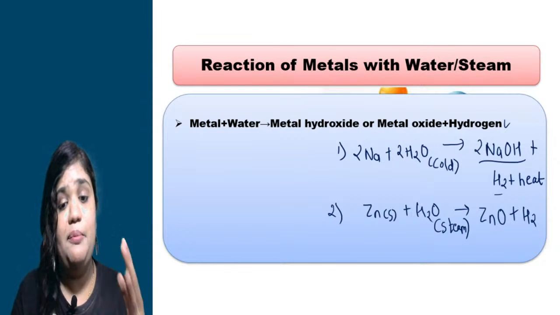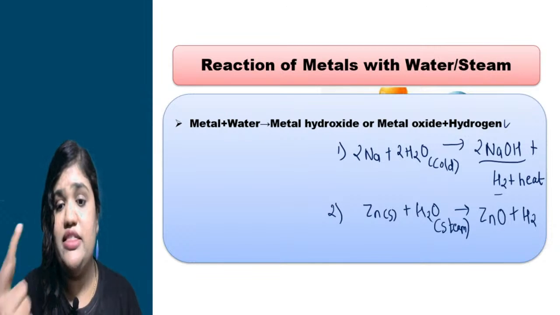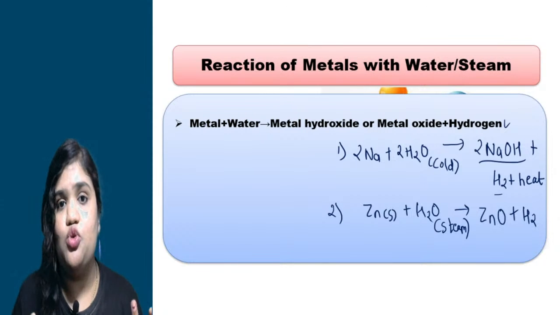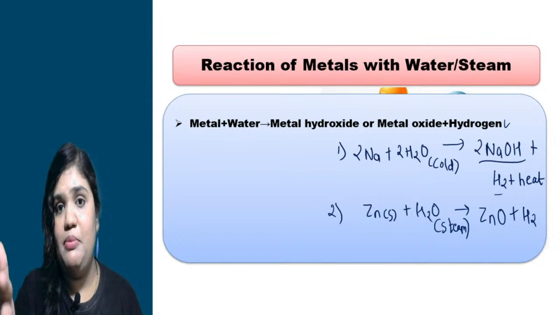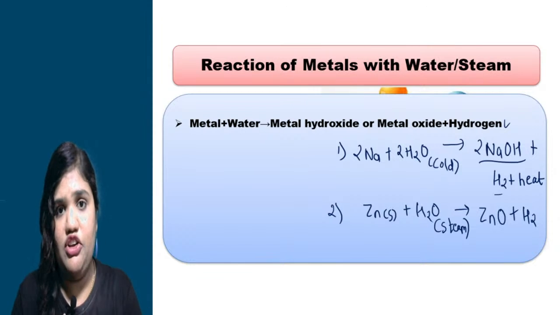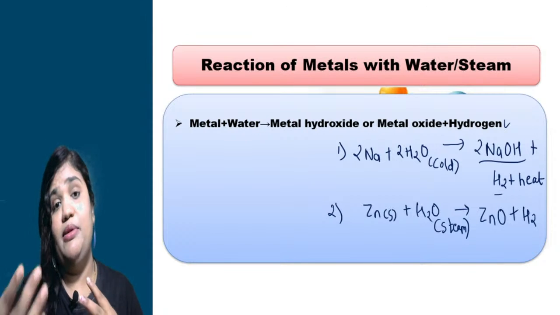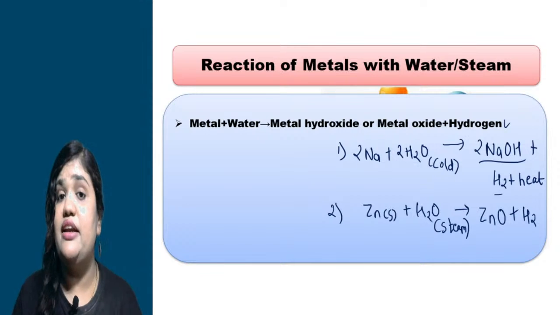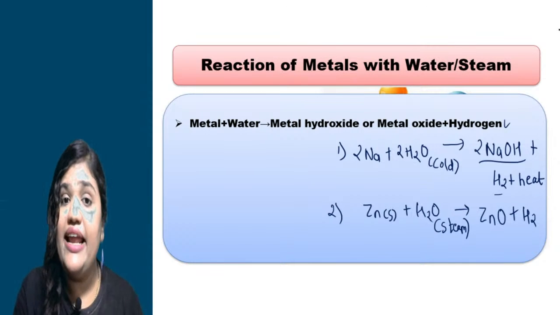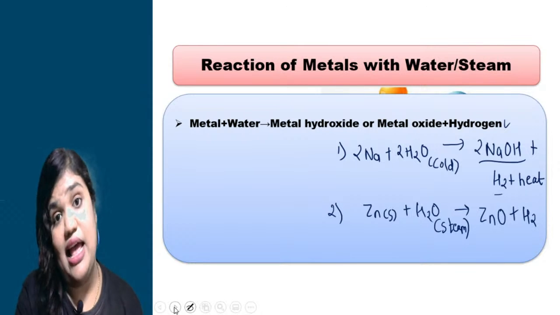What will happen if metal reacts with steam? There is a formation of zinc oxide. Along with that you will get hydrogen. Is it simple, everybody? Yes, obviously it is very simple. So yes, in this way you can easily remember, by using this equation form, what will be the product if metal reacts with water, what will be the product if metal reacts with steam. Moving on to the next point, what will happen if metal reacts with acid, everybody?